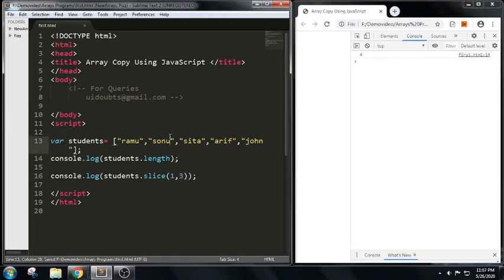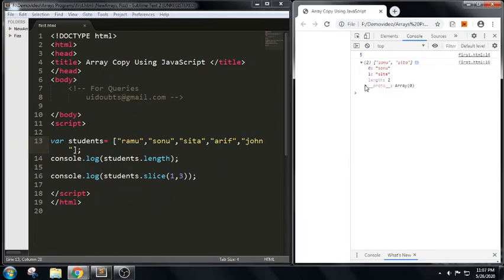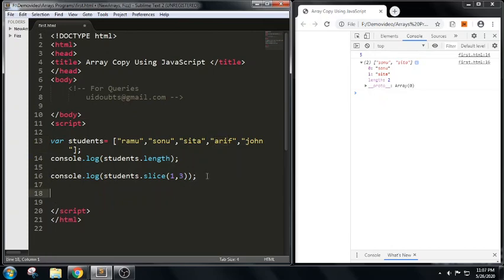Let me save this file. We got two values, that is Sonu and Sita. It starts from index 1 for Sonu, then 2 and 3, but it will not include the end argument. So we got Sonu and Sita here.